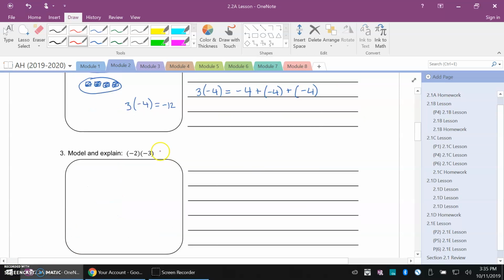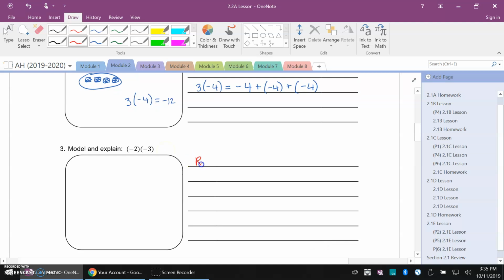Looking at the next one, we have negative 2 times negative 3, and we can leave that one the way it is. What this means is that we need to remove 2 groups of 3 negative tiles. So right now, if we look at our mat, there's nothing there, which means we're going to need 0 pairs. So that's one group of 0 pairs, but we need to remove 2 groups, which means we're going to need another set of negative tiles